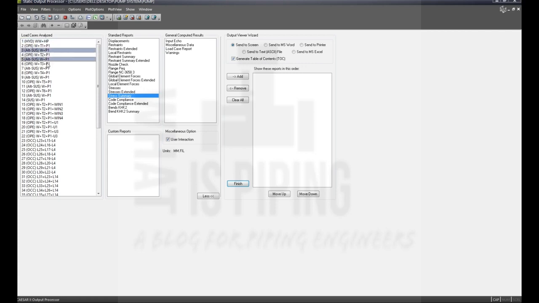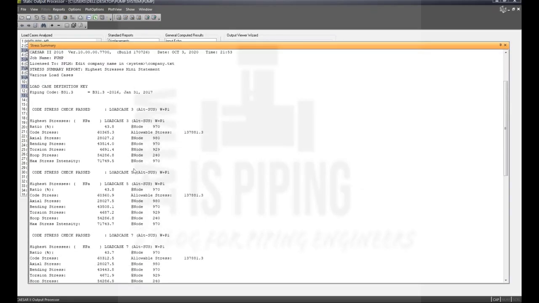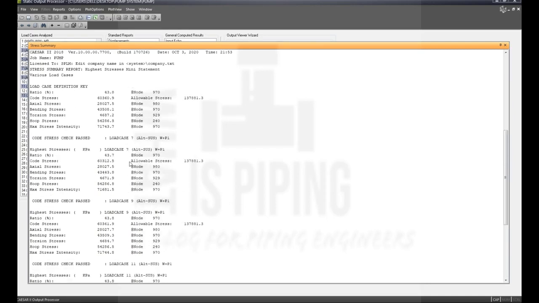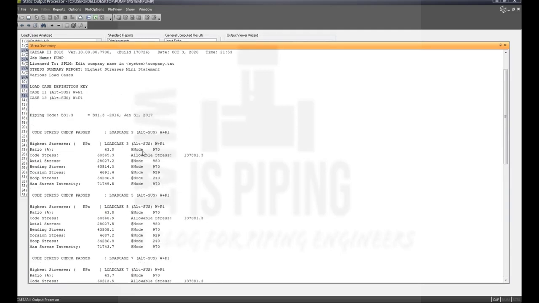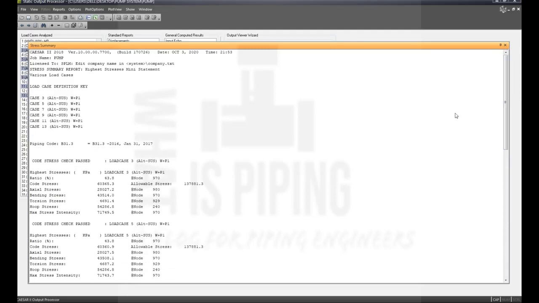Next we will check all sustained stresses. Here it is showing all the cases in the same range only. Mostly the supports are not getting lifted, so all values are showing similar values, 43.8. So in all temperature cases T1 to T6, the support behavior is almost similar. That's why the stresses are also similar. It is a good engineering practice to keep all these sustained stress values below 80%.